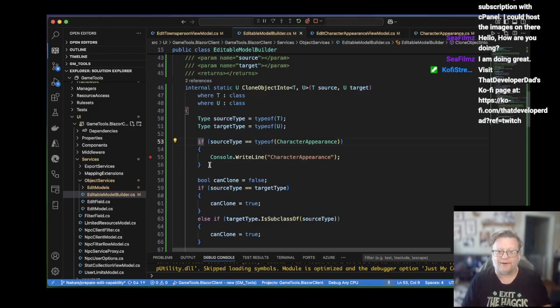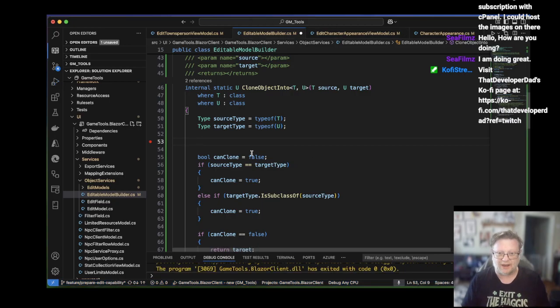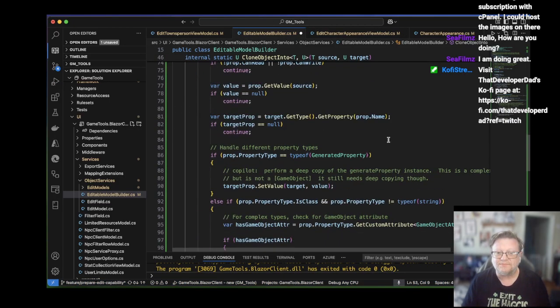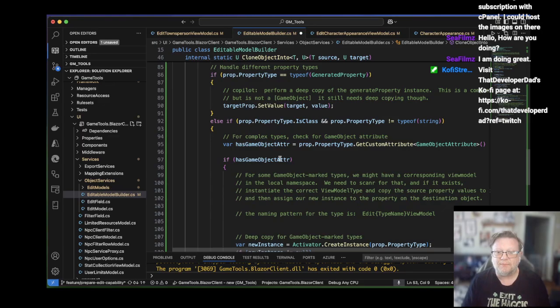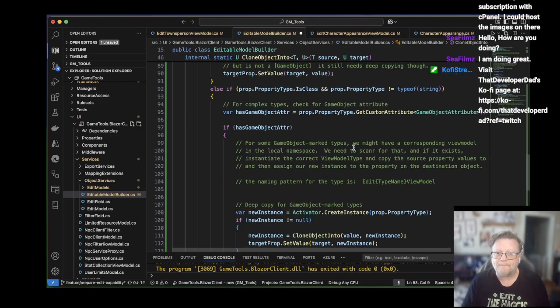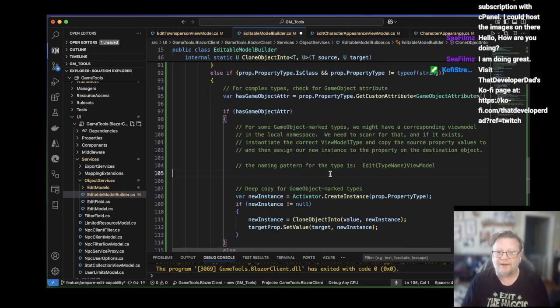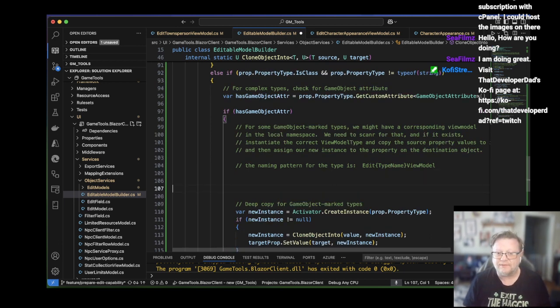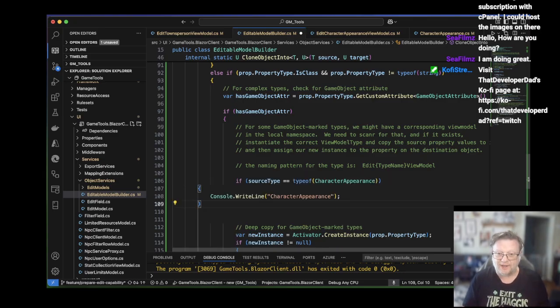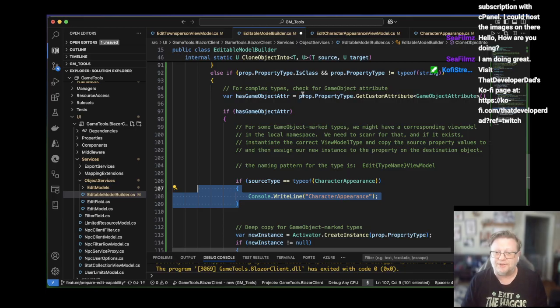Okay, we never get to that breakpoint. I wonder why that is. I'm going to run down here. I'm going to grab this code, stop, pop up in here, if, drop it back in here, fix up the indent, if prop.property type,